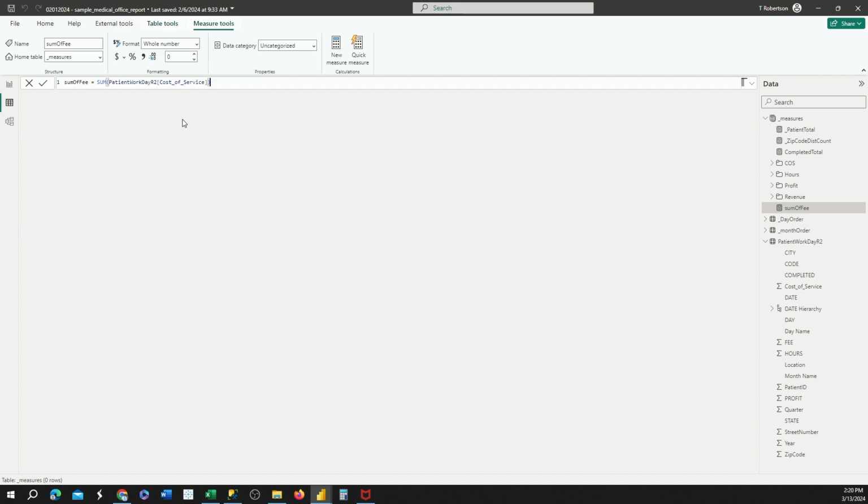And basically anytime you create a measure, that's pretty much what you have to do. When you have a sum, what we did was